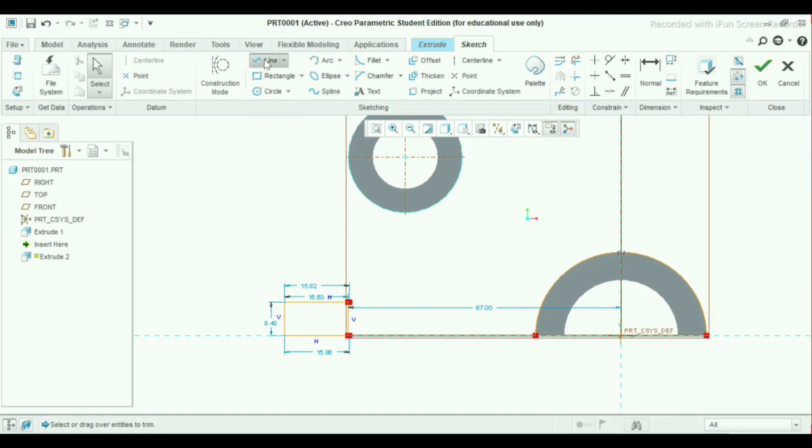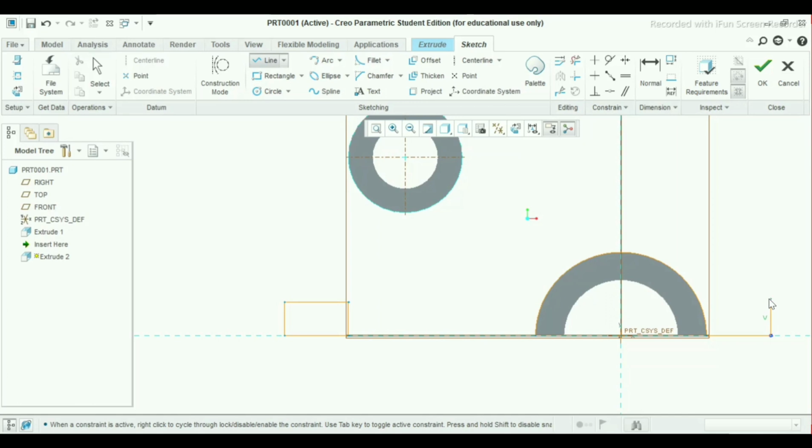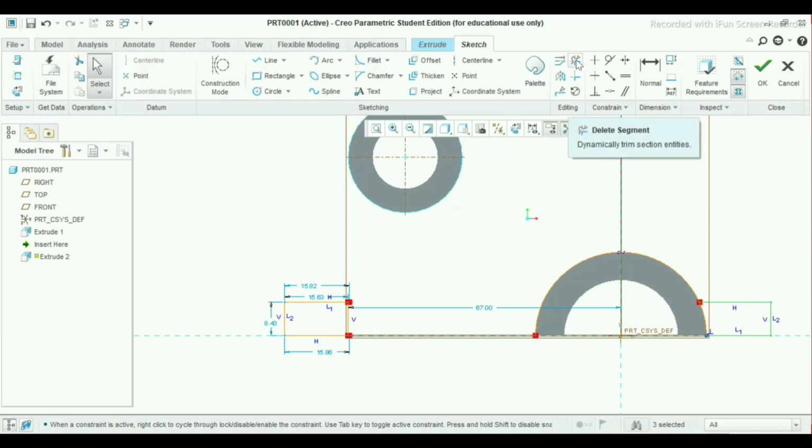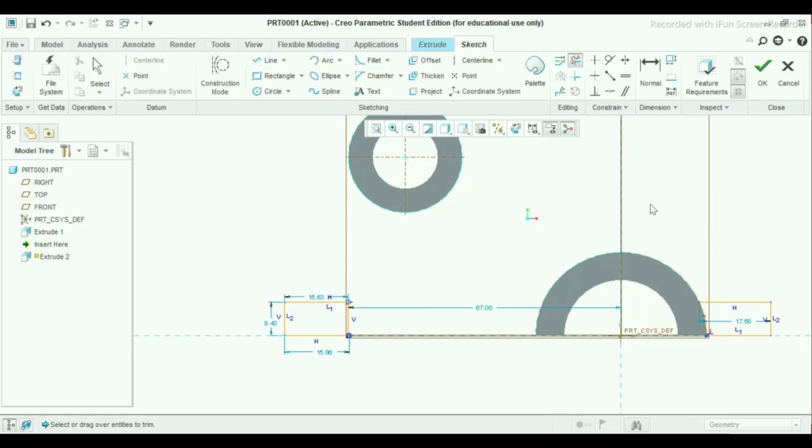Go to the line command again. Select this point as you are seeing it. Draw a line here. Select delete segment. Press the middle mouse button.